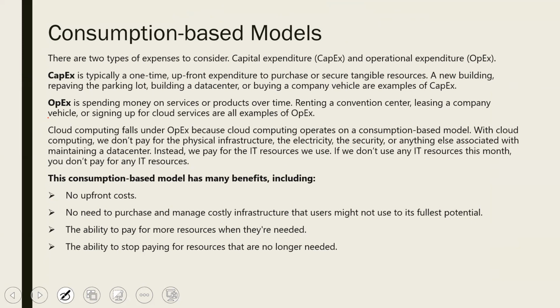In this consumption-based model, Azure has two different models. One is capital expenditure, which is a kind of investment that we'll be making, and the other is operational expenditure. When we talk about capital expenditure, it incurs high investment. If you wanted to set up your on-premises resources, you need to buy the specific capacity,